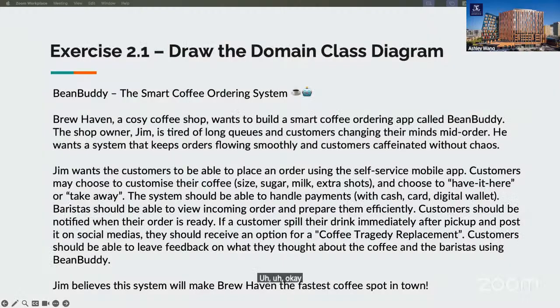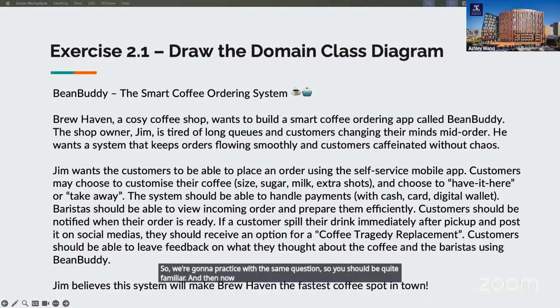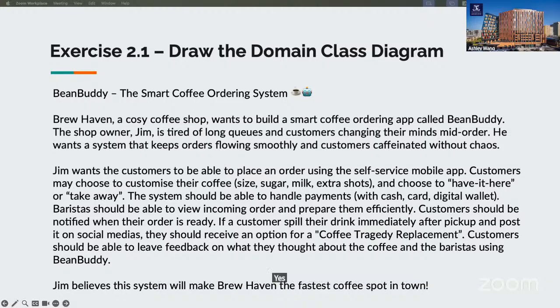Now we're going to practice with the same question, so you should be quite familiar with it. The task now is to draw the domain class diagram together.